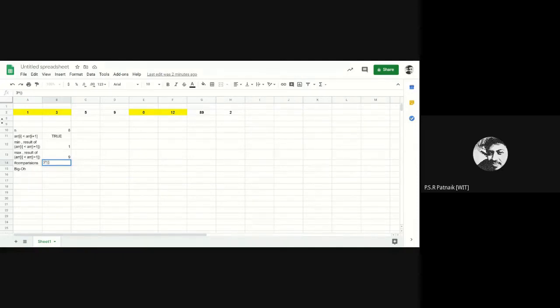the comparison. How many times do I do? 3 comparisons for n by 2 pairs. Okay, and I always ignore the first two comparisons. So this first two initialization, I'll ignore them. So it would be 3n by 2 minus 2, the number of comparisons for this. Given the relation 3 into n by 2 minus 2, what would be the big O notation? Still it would be O of n.